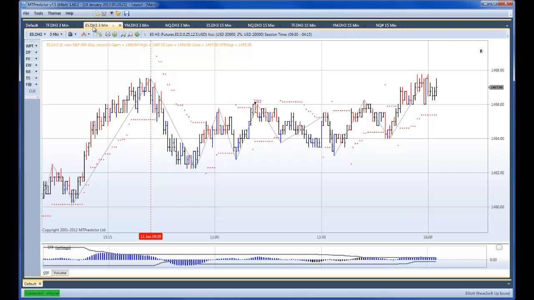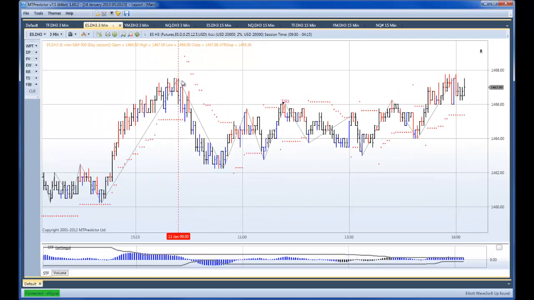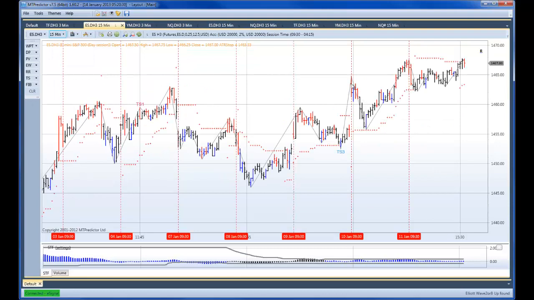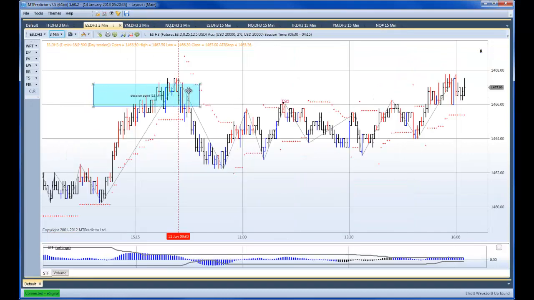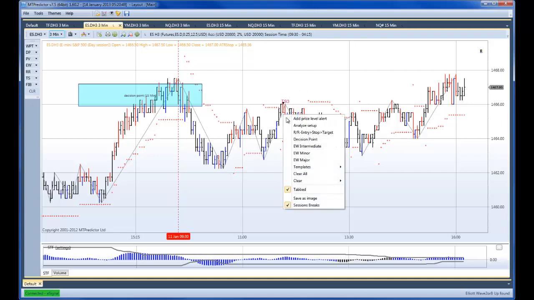So let's now go and look at the 3-minute chart. Remember, this was our 15-minute resistance up here. If I just change to a 15-minute chart, put that resistance on, come back to our 3-minute chart, you can see it there. So what I was considering was, here's our major high. Then I was considering this was potentially a wave 1 down here. I was then looking for a potential A, B, C, which you can see unfolded perfectly here